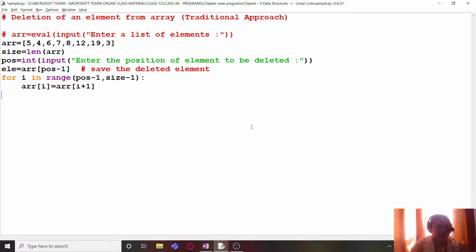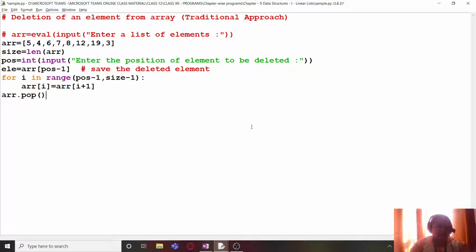So this does the shifting of elements, and next what we are going to do is we have to remove the last element. So we will write ARR dot pop. So simply if I write pop, it is going to delete the last element from it.